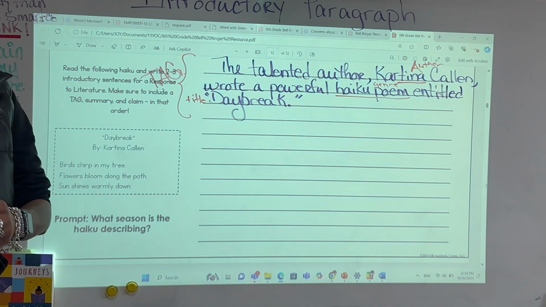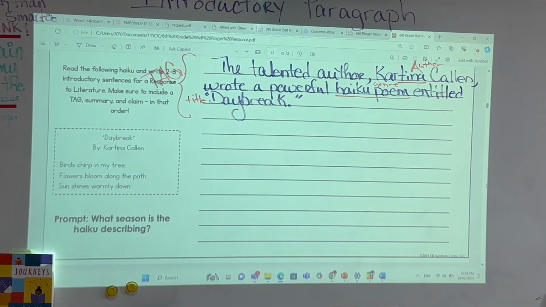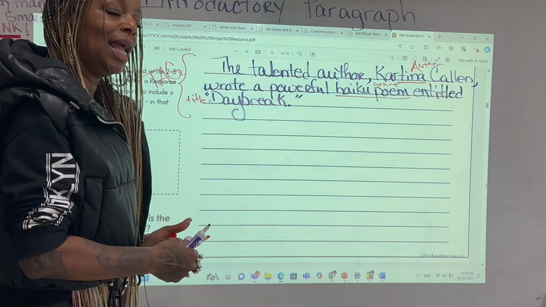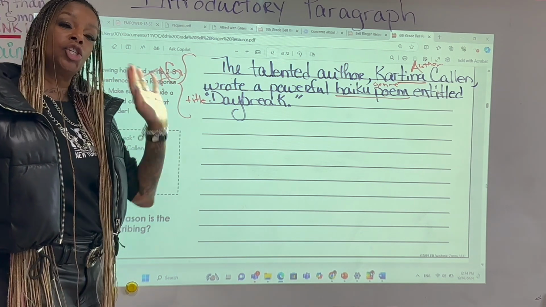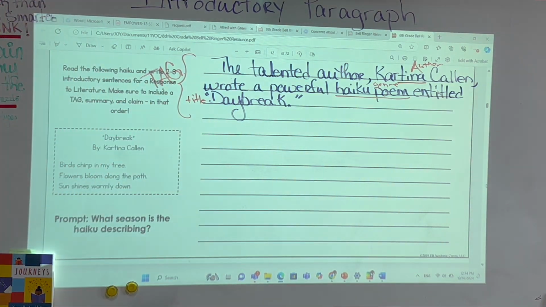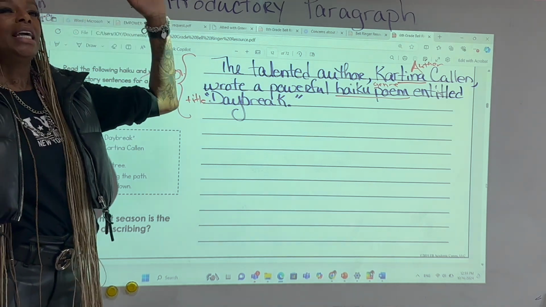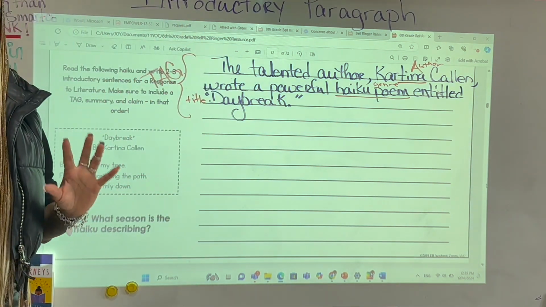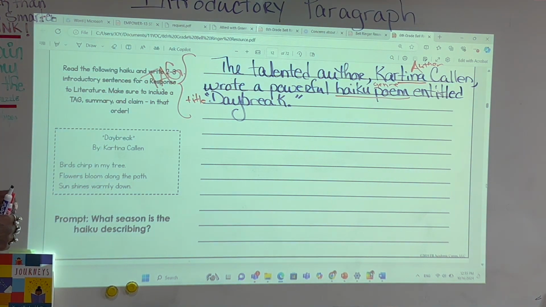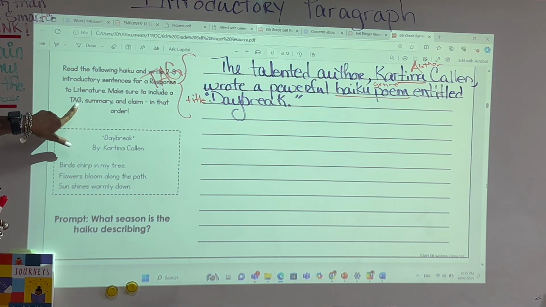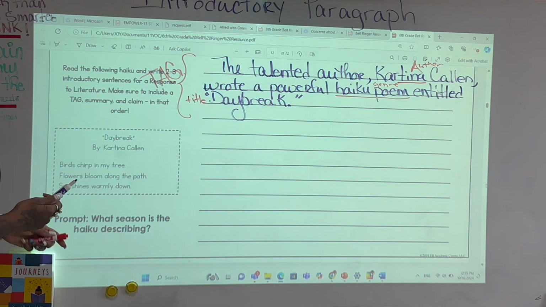The second thing that comes next is a summary. Summaries do not contain details unless it's pertinent to the story. Summaries should not contain details. And this one is very short, so it can be a little challenging, but you want to put the big ideas, the main ideas into the summary. So we have our tag. What comes next is our summary. Tag, summary.